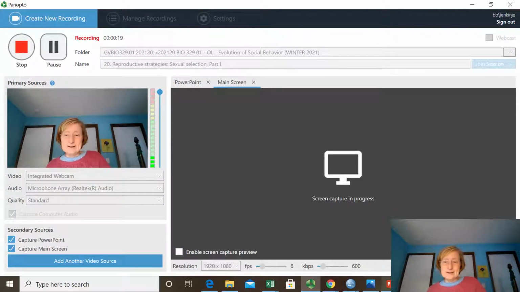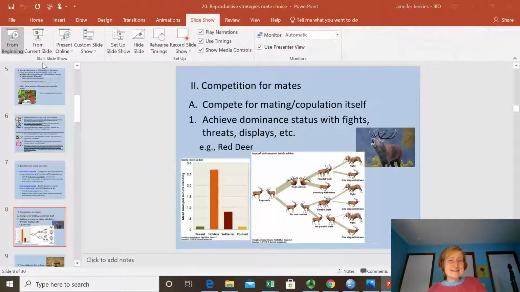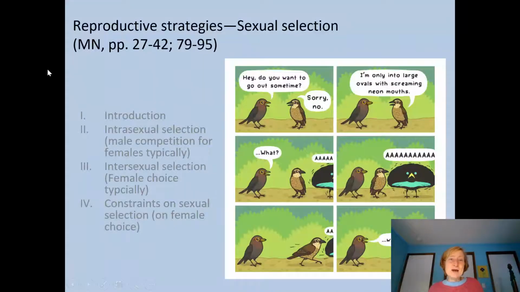I will move to our PowerPoint slide in a minute. And here we are, reproductive strategies. The material that we're reading is from Mother Nature, and there are several selections, all right? Well, it turns out that when we think about reproduction in animals, all sorts of questions can come to mind,